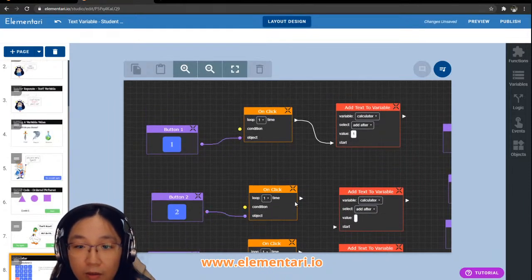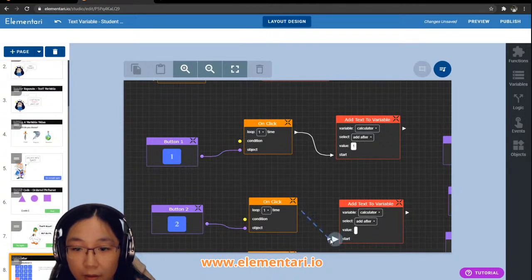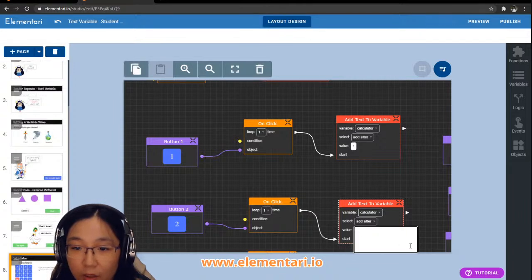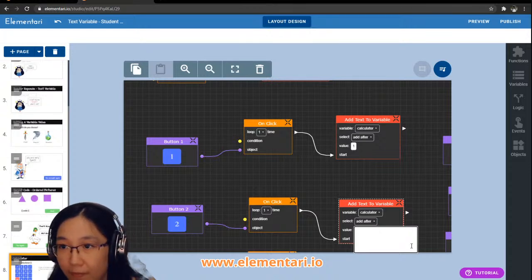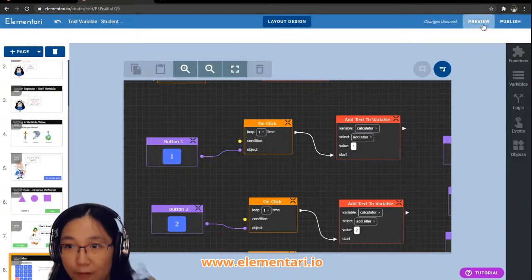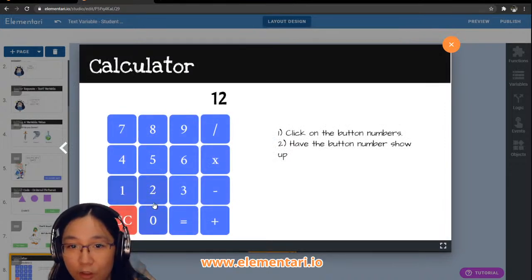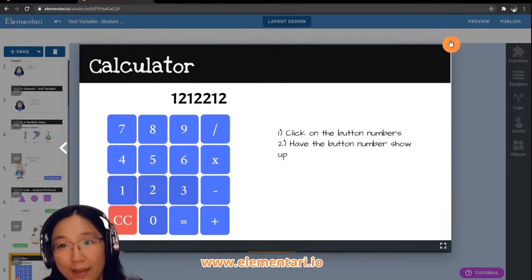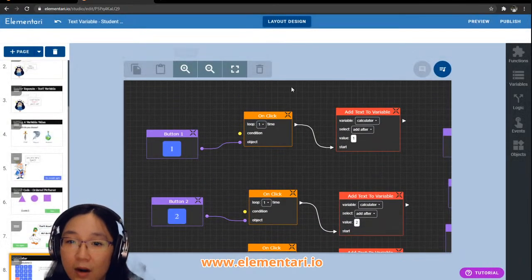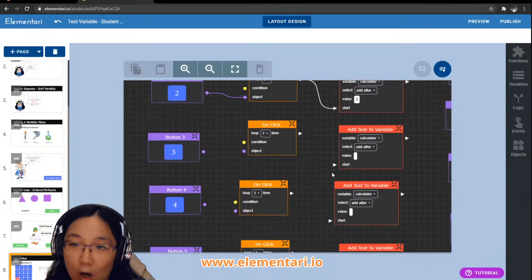So when I click on 2, I want to use the same variable. I want to add it after. And what value do I want? Two. So let's preview. 1, 2, 1, 2, 2, 1, 2. Looks pretty good, right? Okay, so basically this is our step 1 and step 2, and we just have to do it for all